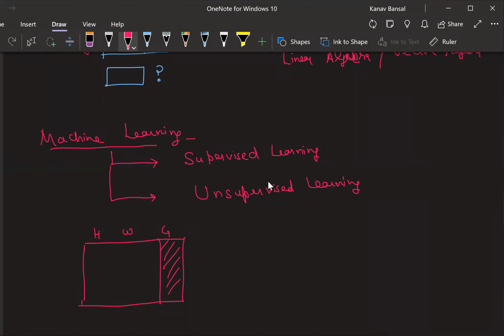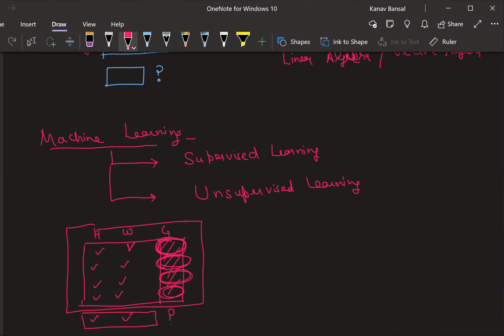If the gender column is given to you, this is nothing but supervised, right? You are given this X, you are given this example, and with this example, you are given the gender associated with it. You are given the next row, and with it the gender. You are given the third row, the gender with it. The fourth row, the gender with it. In future, you will be given height and weight again, and you need to predict the gender. So you will learn on this data. You will see what kind of heights and weights correspond to what gender. This is something your machines are going to learn.